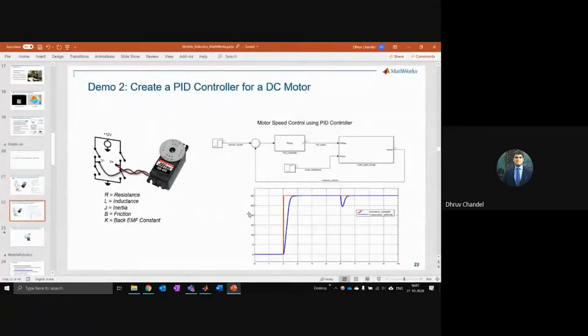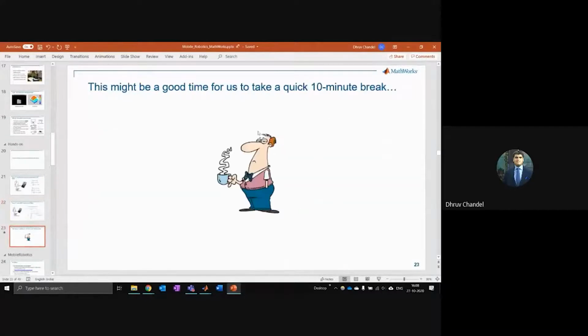Okay. So far what we've seen is how to use Simulink, how to build these blocks, what a scope is, what a signal is, how we connect this together, how we design a controller, and a little bit about how we deploy to hardware. What I'd like to do now is take a 5-minute break, and then we'll show you how all this connects to mobile robotics and all those fancy robotics applications that we saw above.